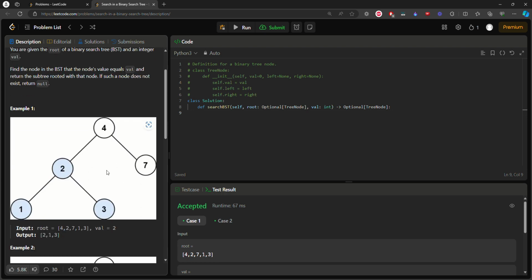For example, look at this: 7 is greater than 4, 2 is smaller than 4, 3 is smaller than 4 but greater than 2, and 1 is smaller than 2 and 4. That's how a binary search tree works. The root will be like the middle value, and every node to the left of the root will have a smaller value than the root,